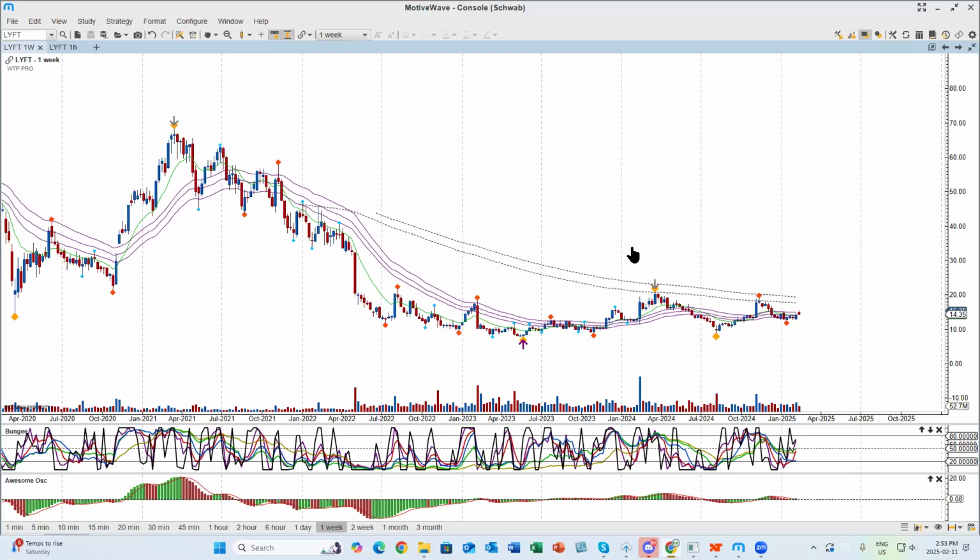Okay. Notice Lyft. This is very interesting because with Lyft, we are trading below the tunnel. So this chart has been bearish on Lyft. And on the weekly chart, what we would look for as a bullish scenario is once the wave starts to cross above the tunnel. Any move into the tunnel is corrective. So every time we have a dip, it's buyable, knowing that you want to be getting out of it into the tunnel.